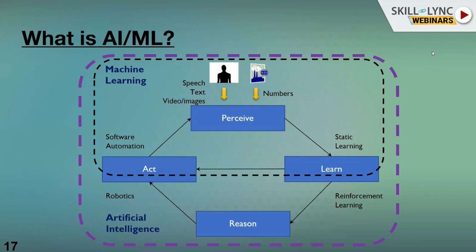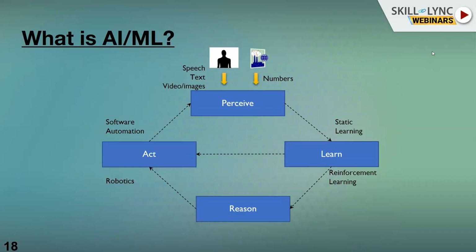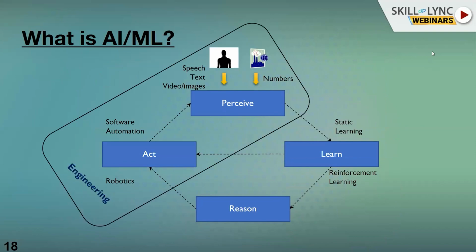Right now the world is still in the phase of how do we make machines that can learn much faster, and therefore the machine learning applications is where we see a lot of advancement. But of course the world is making progress in the artificial intelligence world too. So as I mentioned just now, the four components: the perceiving and the acting components are typically applications you build using software, and therefore they fall under the domain of software engineering.